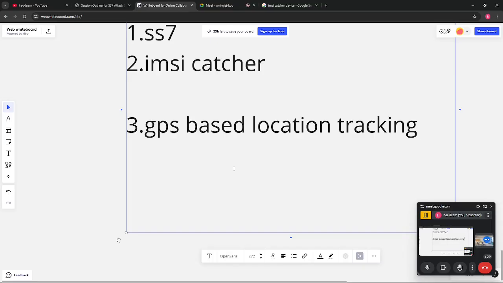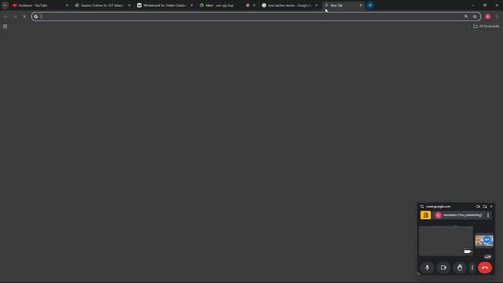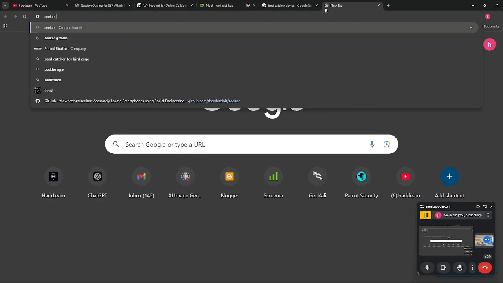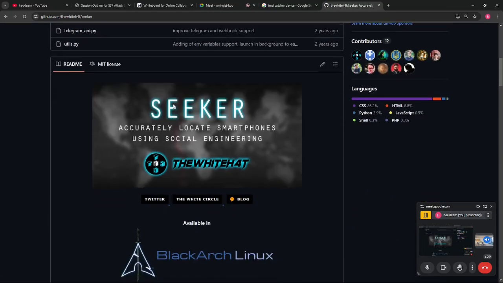There are a few GPS tracking devices available here, and IP address geolocation is also happening. Seeker is also a tool. Let me discuss it: Seeker on GitHub. If you want to track anyone just by using GitHub, you can come to this Seeker tool.